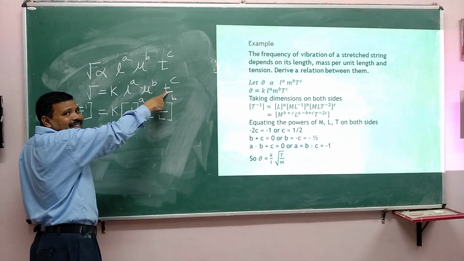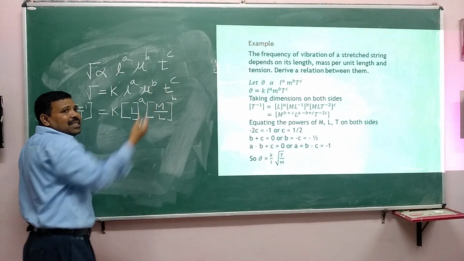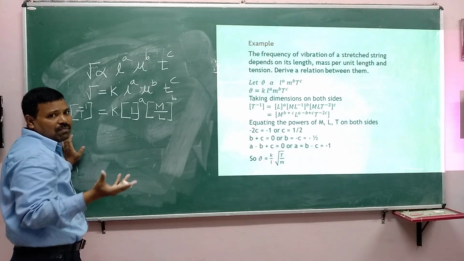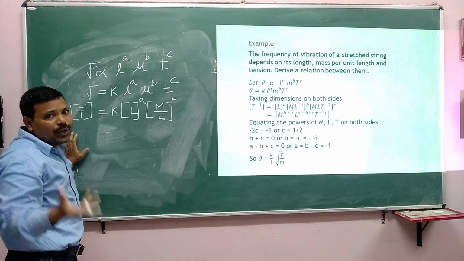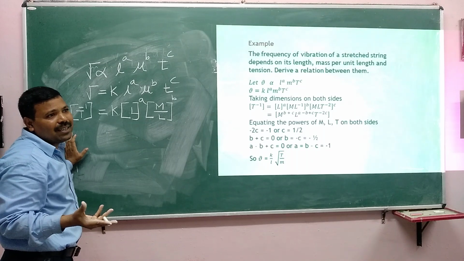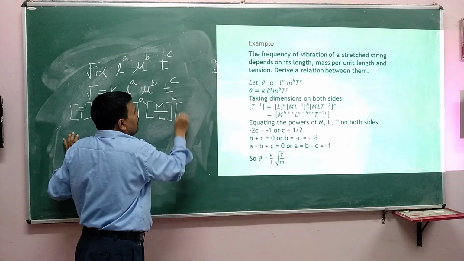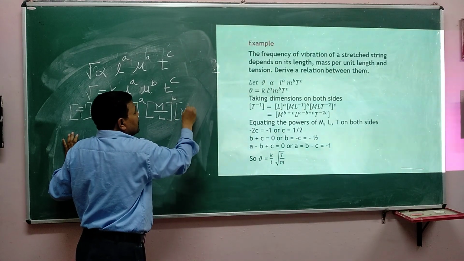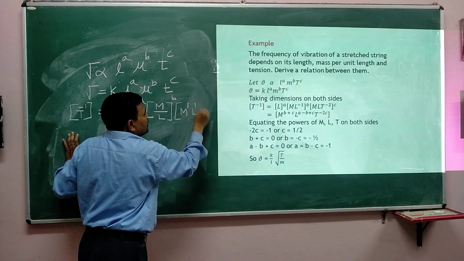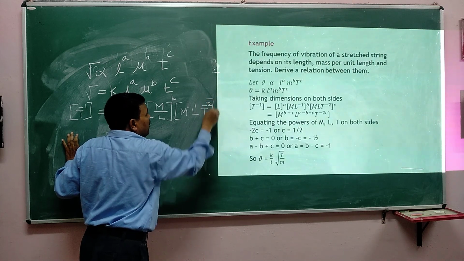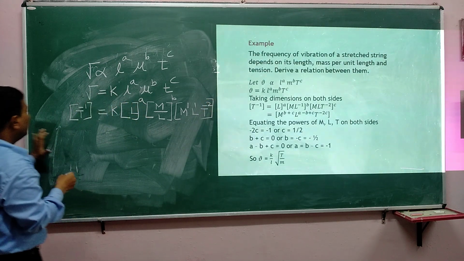And this is the tension. Tension is nothing but force. How do we write the dimensional formula of tension? Tension is nothing but force. Force is nothing but mass into acceleration. Mass into acceleration. Now here